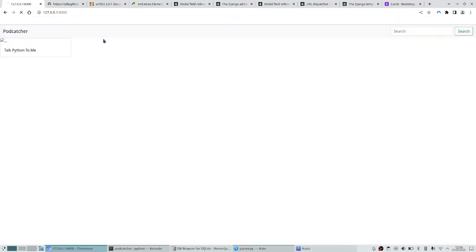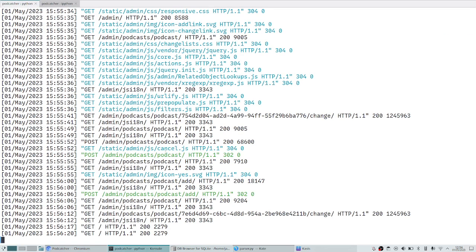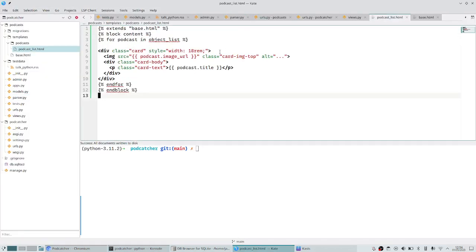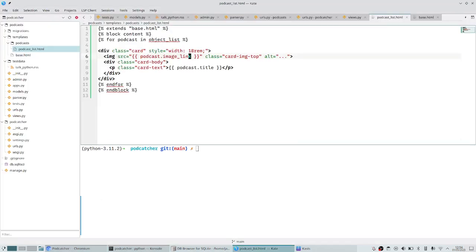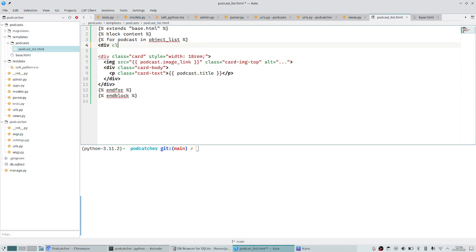Now if we visit the home page and go back to our template, which is here, podcast list, we called this image link, didn't we? So let's save that, then refresh. We get a nice image link. I would also like to add some sort of like nice padding here potentially. So let's go back in here and let's maybe just wrap this in like a container